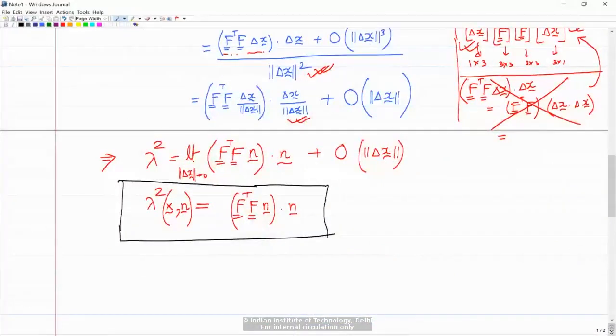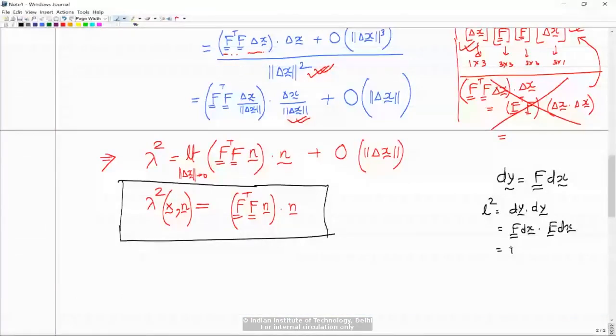If you had started with the infinitesimal line element, then you would have said dy is equal to big F dx, and therefore L square was dy dot dy, and that would have been F dx dot F dx, which is simply F transpose F dx dot dx, and therefore lambda square would have been small l square by big L square, and that would have simply given you F transpose F, and dx by magnitude of dx, that would have become n, dot with n, isn't it? So in a very small step,